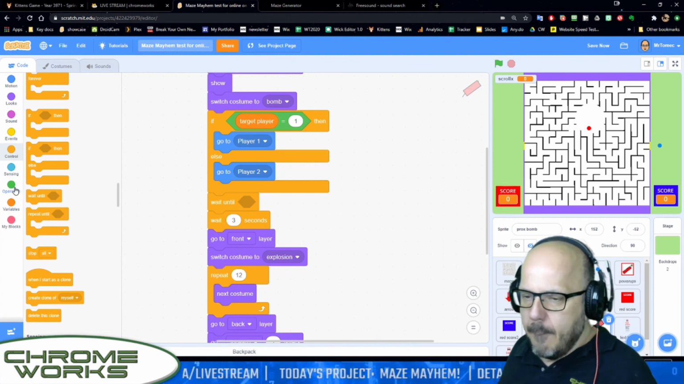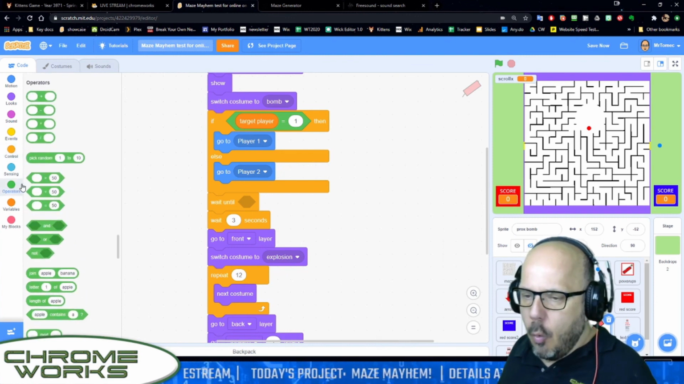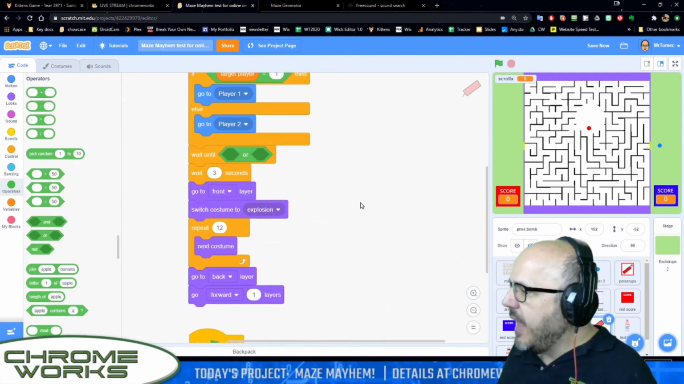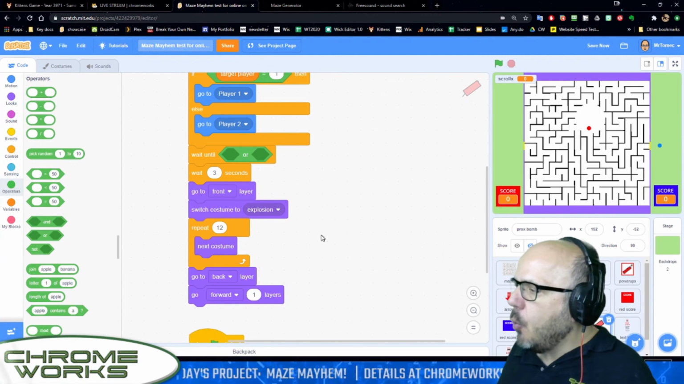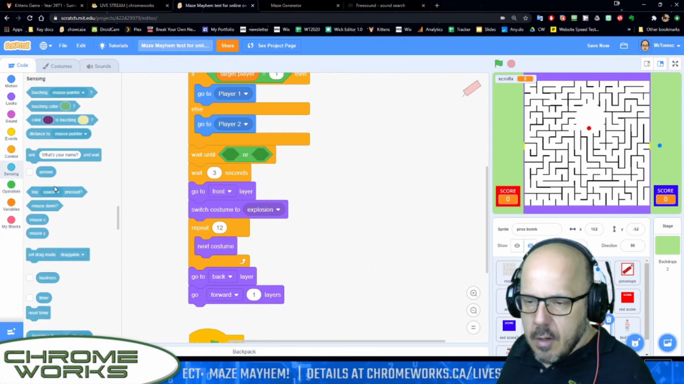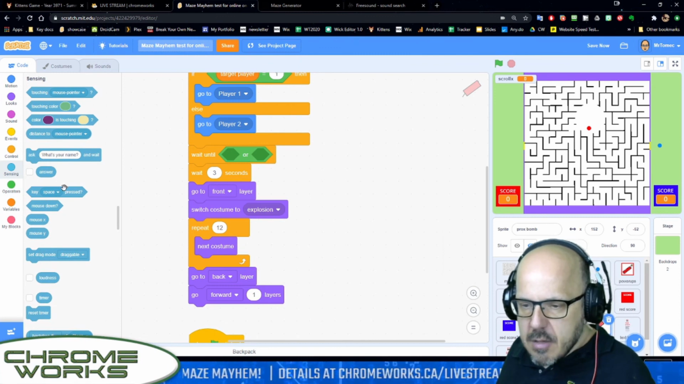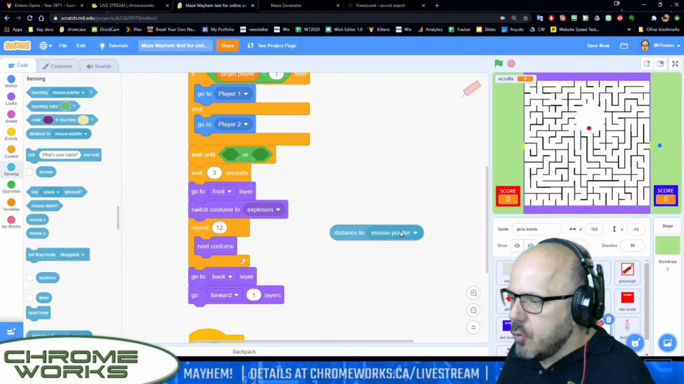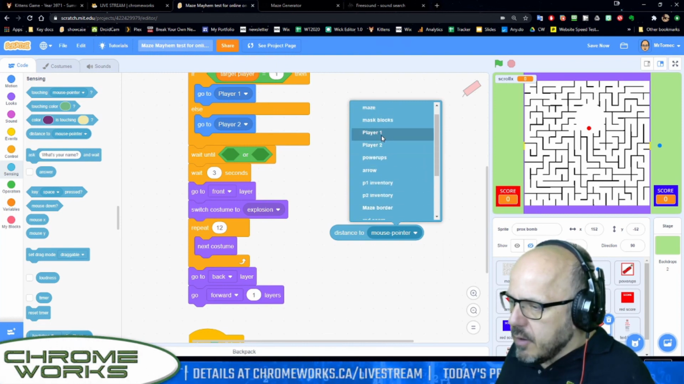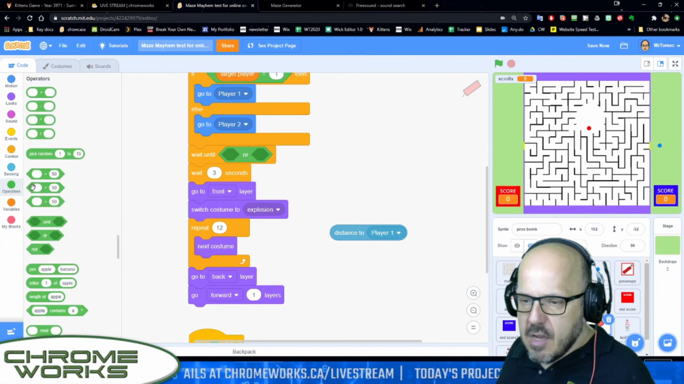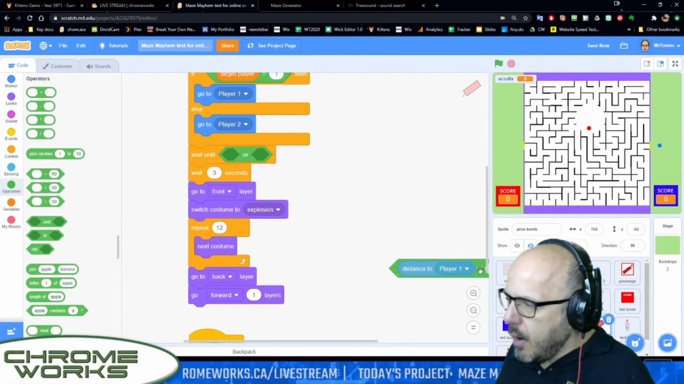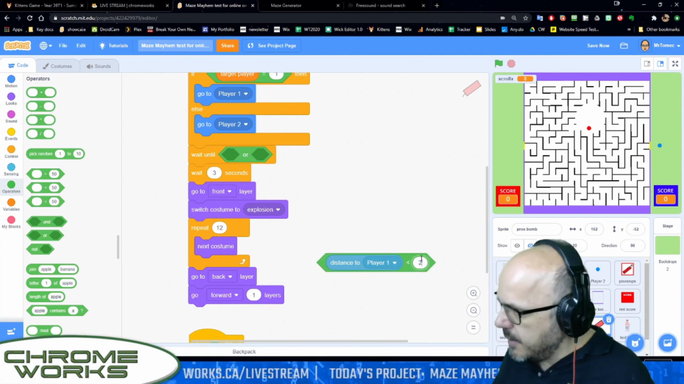So this is a complicated script here. Let's add an or statement. We're going to put the or statement inside our wait until. Then we need to say if distance to player 1 is less than 20. So let's grab a distance 2, which is under our sensing blocks. And we're going to say distance to player 1. There it is. If distance 2, we need a less than sign, which is right over here under our operators. If distance to player 1 is less than 20,